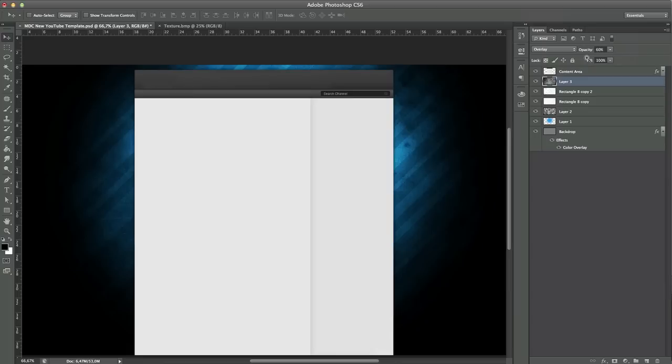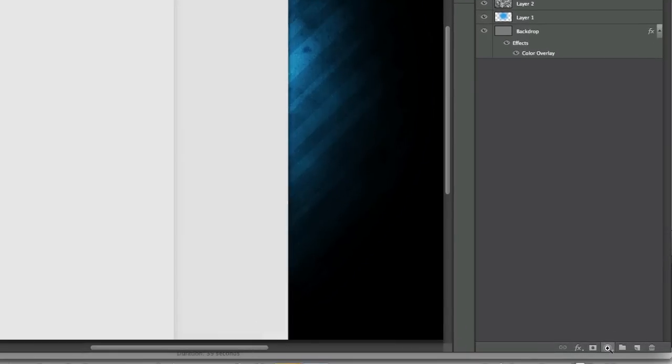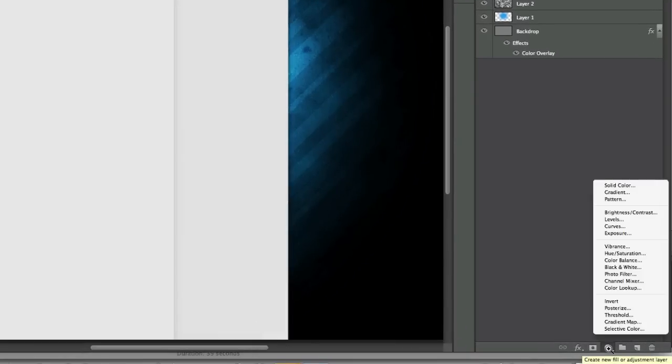And now we are almost done with the actual background. The last thing we want to do is add some color correction. So we're going to add an adjustment layer in order to do this. First you want to make sure that black is your foreground color and white is your background color. Then go to this icon down here in the menu down to the right, the one in the middle. That's the adjustment layer icon, so click on that one and you should get this menu here. You want to click on gradient map,